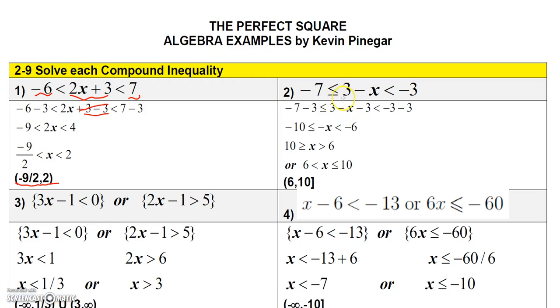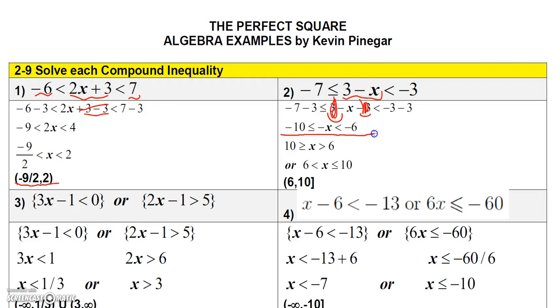Okay, over here is another one, and basically I'm going to start the same way here as I did over here. I want to get rid of this 3, so I'm going to subtract 3 from the middle so that the 3 will cancel with that 3 there, so the 3 and the minus 3 will cancel. And then of course if I subtract 3 in the middle, I've got to subtract 3 on the left. Minus 7 minus 3 is going to give me negative 10, and then I've got to subtract 3 on the right, so minus 3 gives me negative 6. Well, now I have